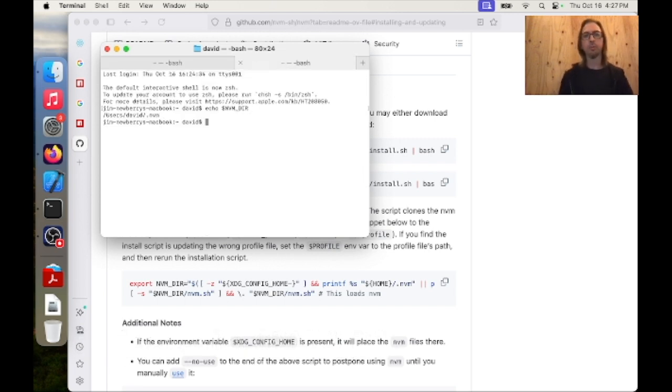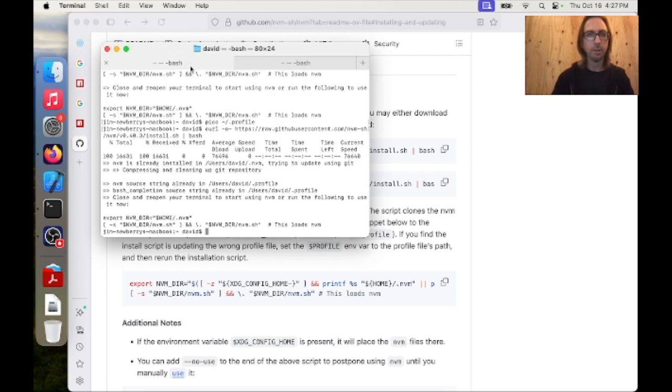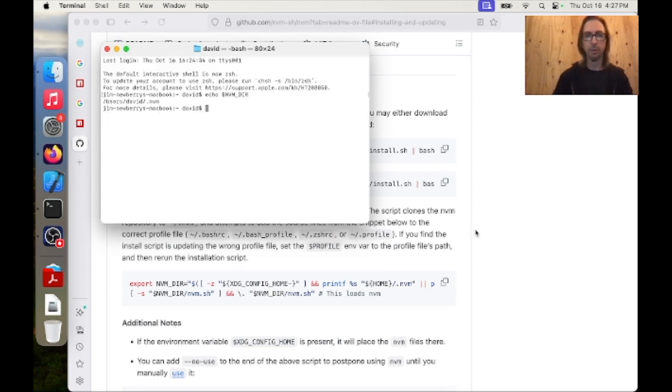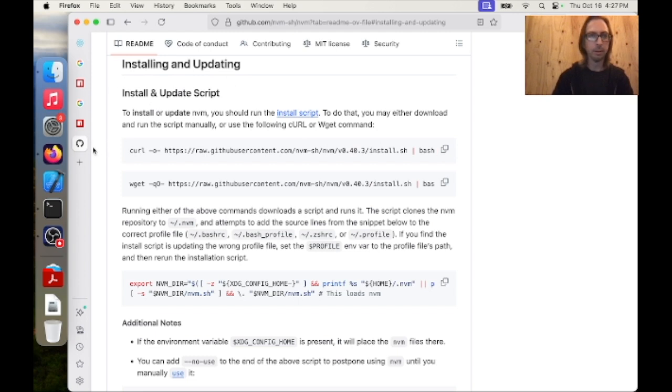Okay, so I just tried. I had opened up my new command line here, and just to make sure that this code had worked in my profile, I said echo out this environmental variable, and everything looks good. So I'm going to continue from this new window, go back here, and